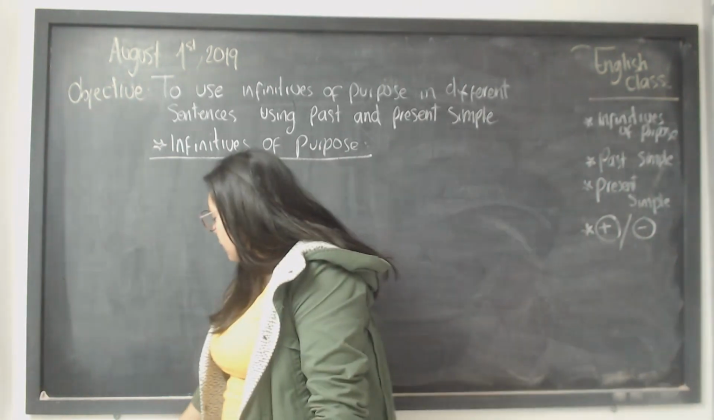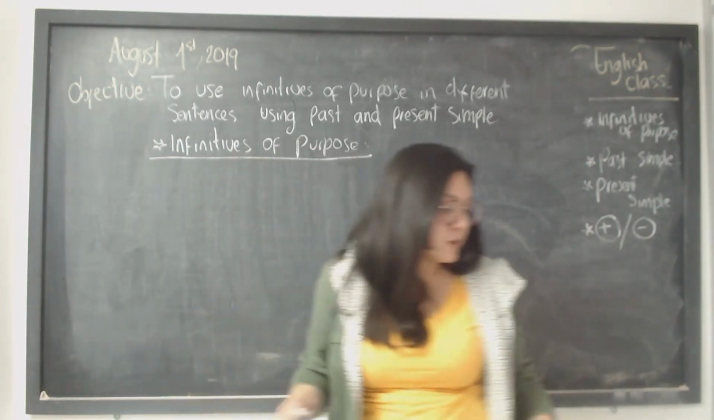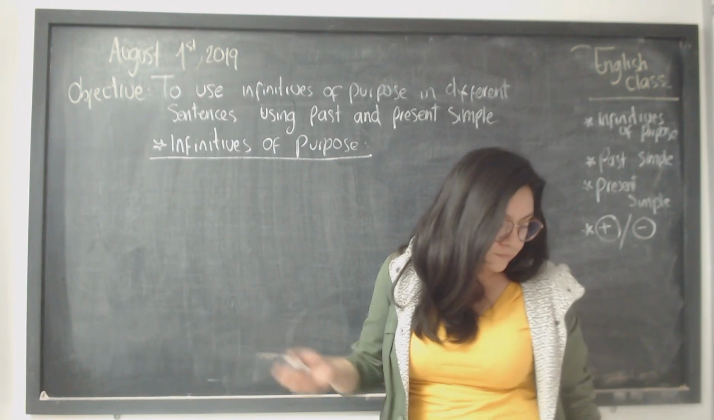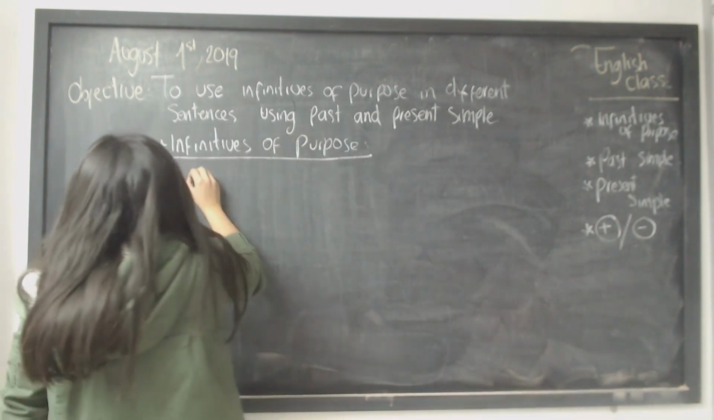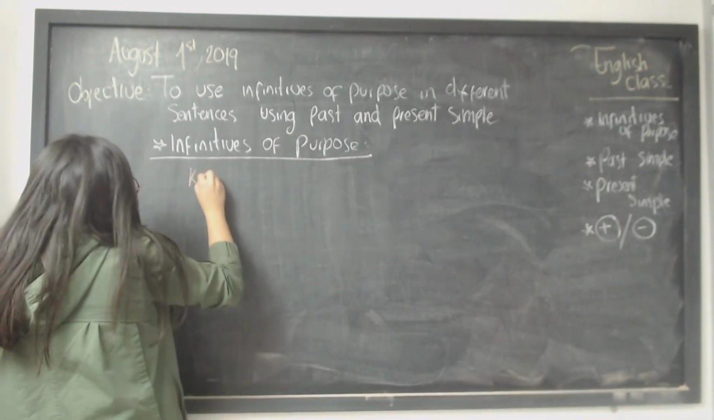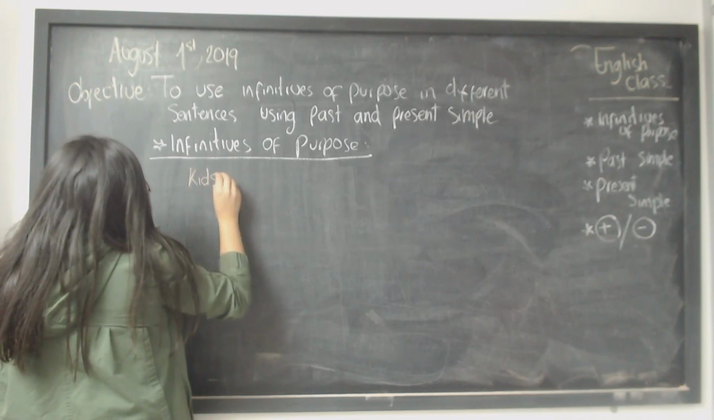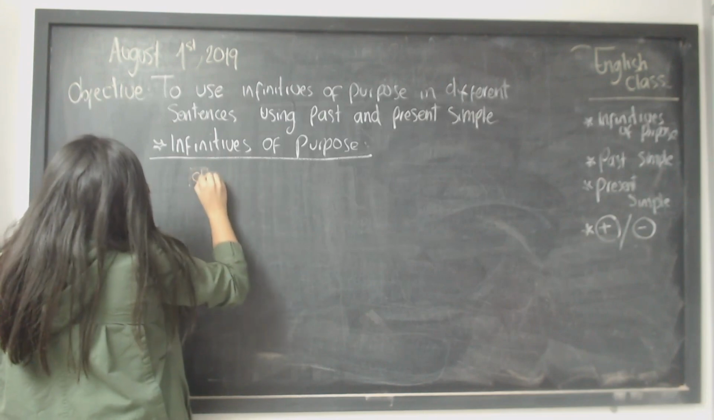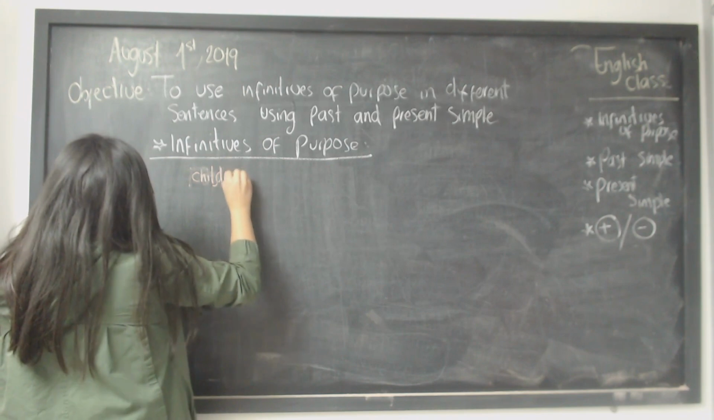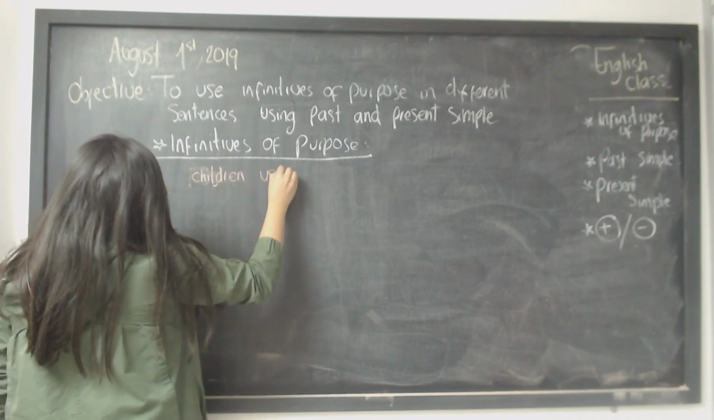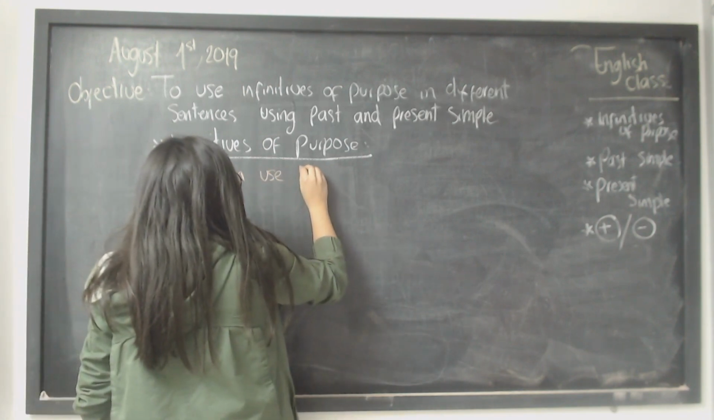So I'm going to explain it to you with this sentence. We're going to begin with, for example, this one. Children use sunscreen